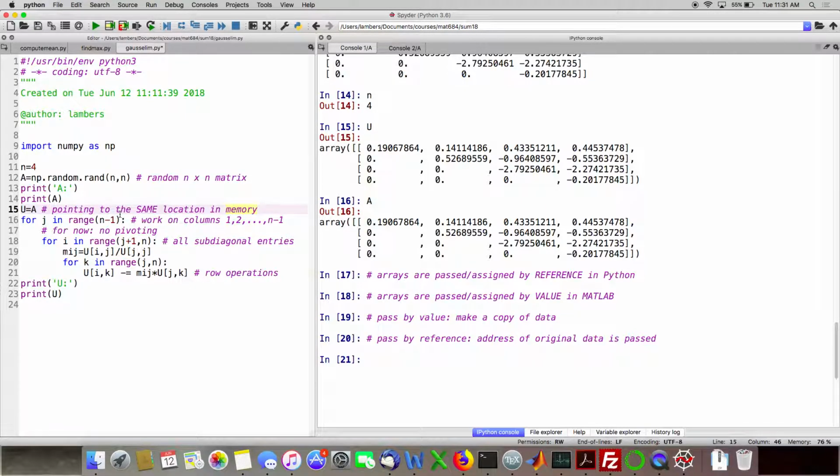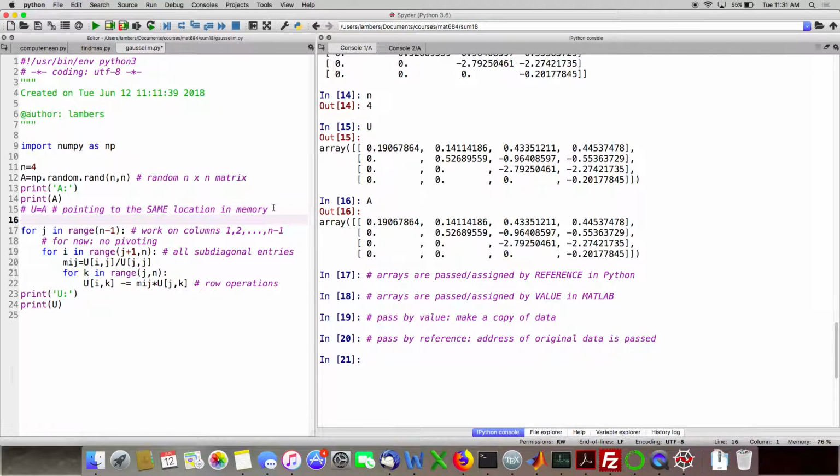For those of you who are accustomed to the MATLAB way of doing things, this sets you up for a whole lot of heartache. So we have to do things a little differently. I'm going to comment this out. We don't want to do that anymore. Here's what we'll do instead: U equals A dot